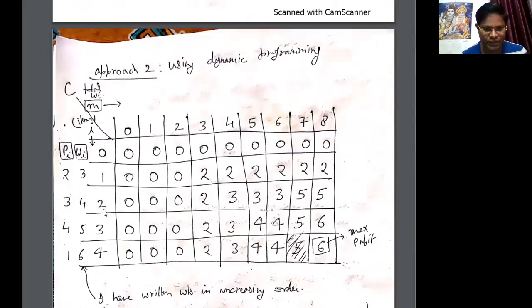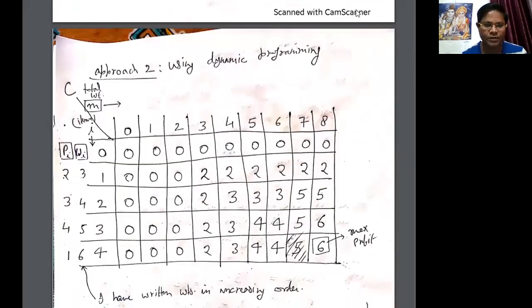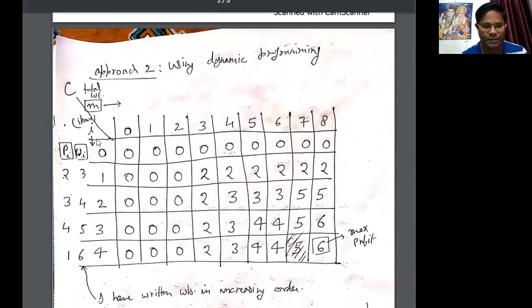And in the vertical direction, I am placing a variable i, which denotes the list of items, and I am writing here 0, 1, 2, 3, 4. So 4 means the total items. Here we are taking the total items as 4, since n equal to 4 is given in our problem statement. So for the number of items, I am writing 0, 1, 2, 3, and 4.